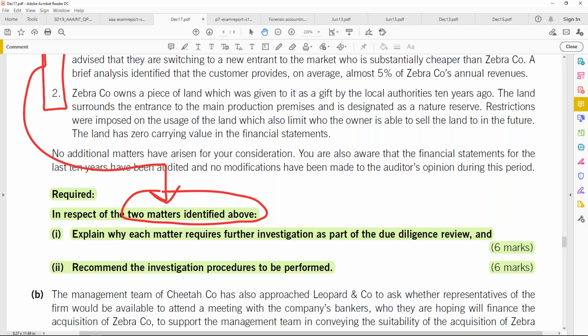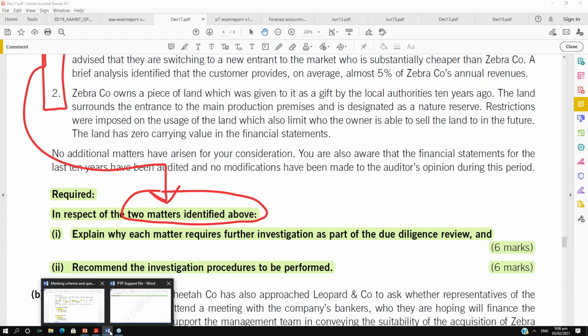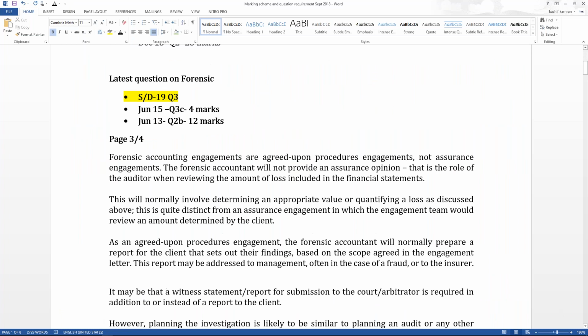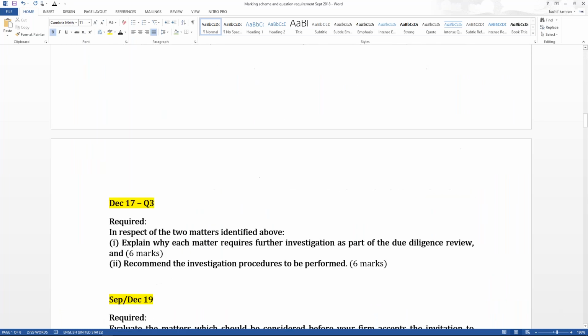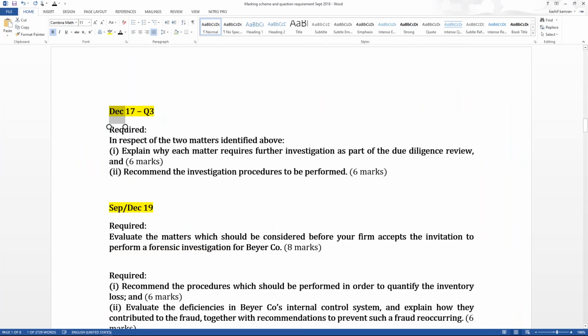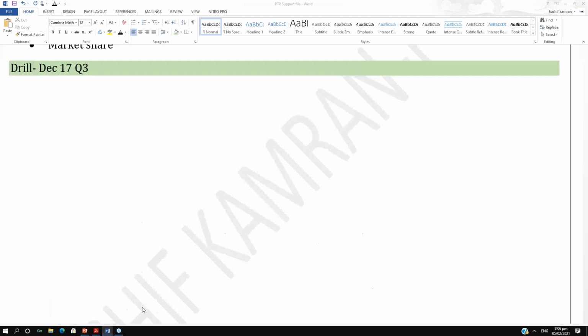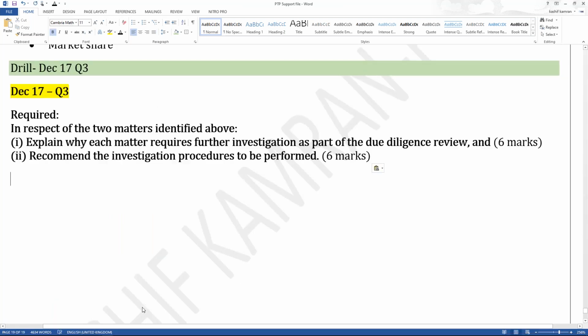6 marks. So we have 6 marks for explaining why each matter requires further investigation, and we have 6 marks for writing procedures. Now, before we read the case, every day what I do with you is you should know how to read the requirement. And that's exactly what I want to show you, how you go down reading the requirement. So if I just copy the requirement on my main file, which I will be sharing with you right here,